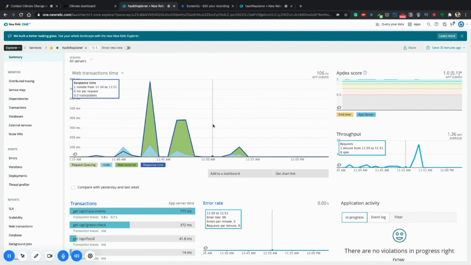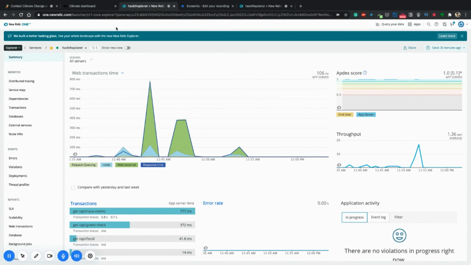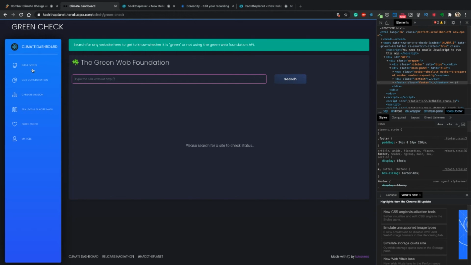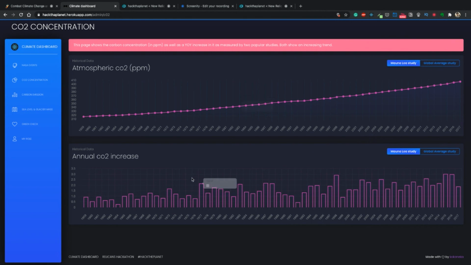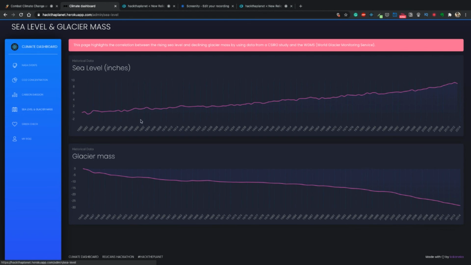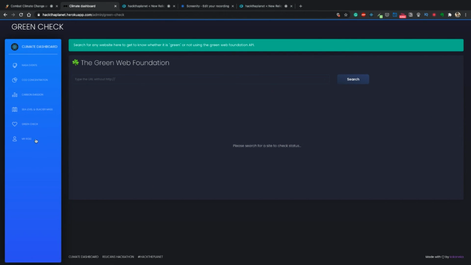So that was my walkthrough of my submission for the Relicans Hack the Planet hackathon. Hope you liked it. Do check out the climate dashboard, all the different charts and the insights provided through them, and feel free to check the green check API for your favorite websites.